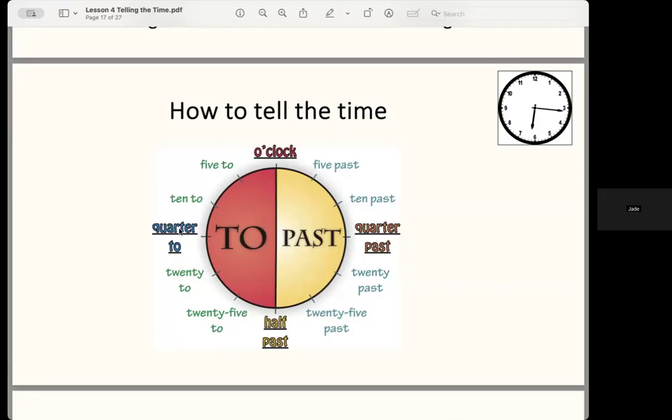So it's a little bit tricky, and it would be kind of interesting to know whether that's the case in your languages. We say 5 past and 10 past, but then we don't say 15 past, we say quarter past, because it's a quarter of the clock face. And then it's a half of the clock face. And then it's another quarter, but it's a quarter to the next o'clock.